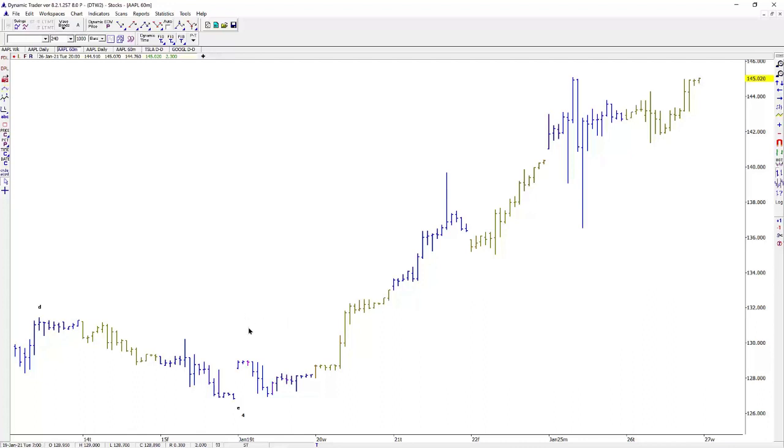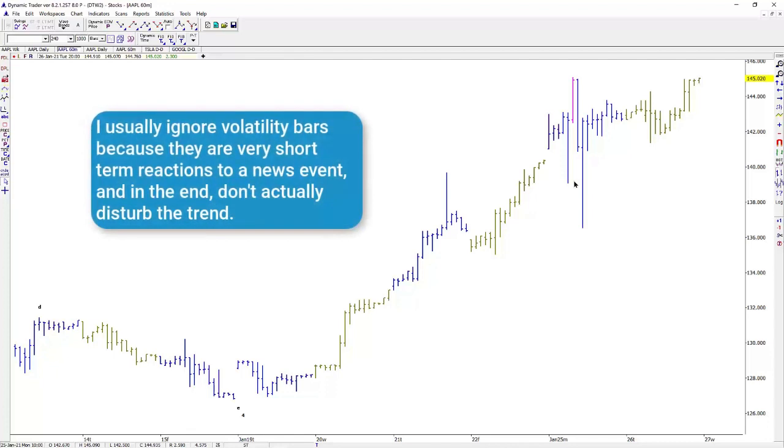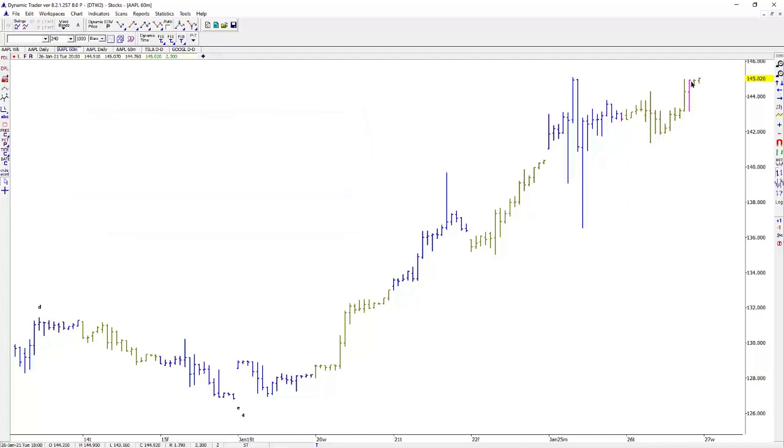So we could put some wave counts in here. Maybe this is a 1 and a 2, and we've come up to a 3 and a 4. We had this 1 bar, really this whole day was kind of volatile all over the place. So how does that work into the pattern? A lot of times we have volatility bars like that, and I just ignore them, because I don't know what the news event was, but there was some news event that the market reacted to for a short time during the day, and then the trend just continued in the direction that it was trending before this news event. So here, at the end of this day, we've got a new high